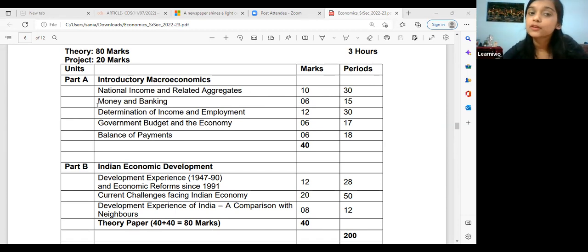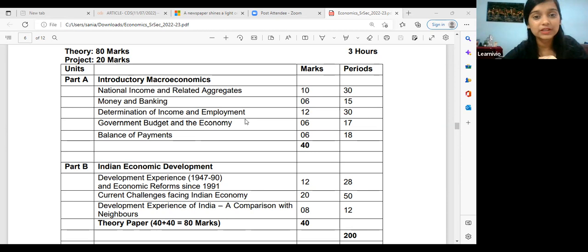Okay, but for money and banking, you should be good in theory. Plus, there is a little portion for numerical as well, like you can say 20 to 30%. And there is no need to draw any diagram. That's why this chapter is for 6 marks, because only 2 or 3 things are over here.